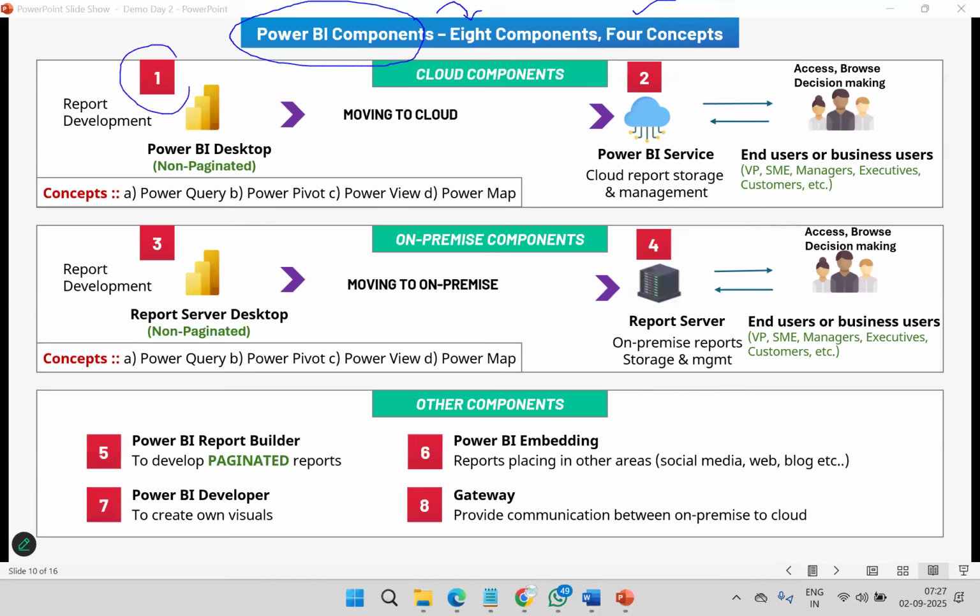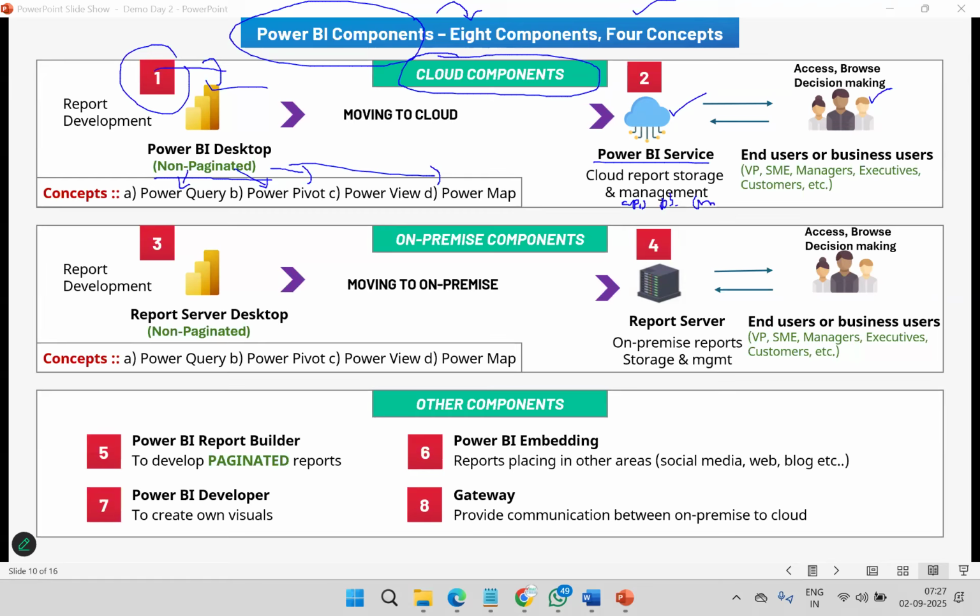This is the first component, Power BI Desktop. Non-paginated reporting, advanced reporting. And here we have concepts like Power Query, Power Pivot, Power View, Power Map. But this data we move to the cloud and share with the customers, if people are going for cloud operations. So what is this cloud? app.powerbi.com, the cloud name.